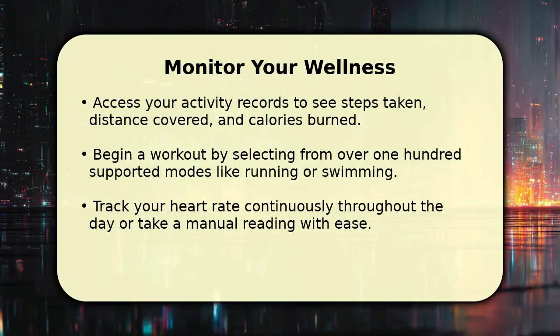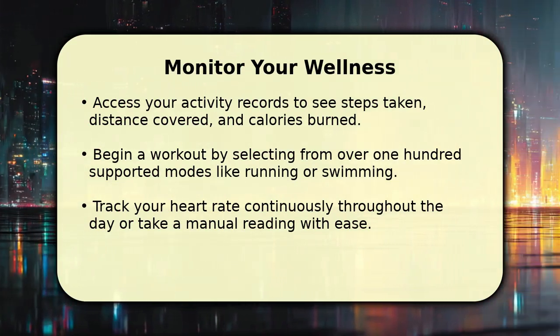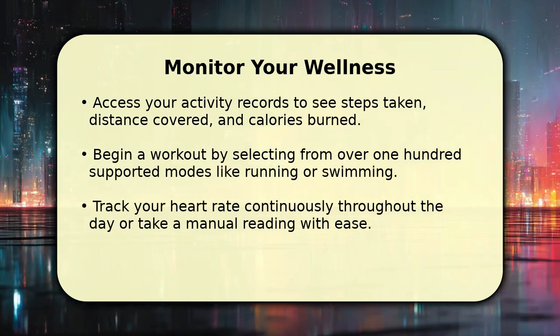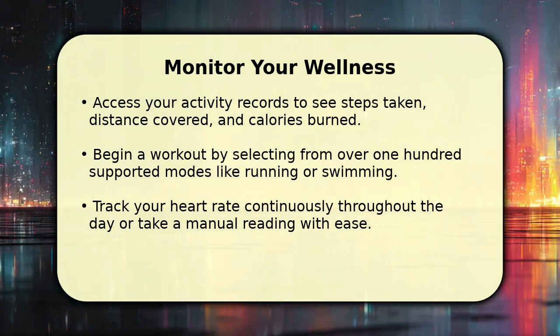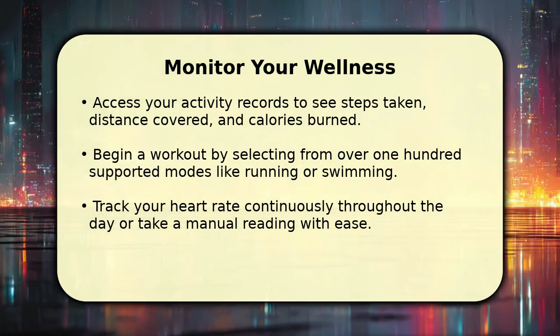Your Huawei Watch Fit is an excellent companion for health and fitness. You can easily view your activity records, showing daily steps, distance covered, and estimated calories burned. To start a workout, simply press the side button, find Workout, and choose from over 100 modes, including outdoor run